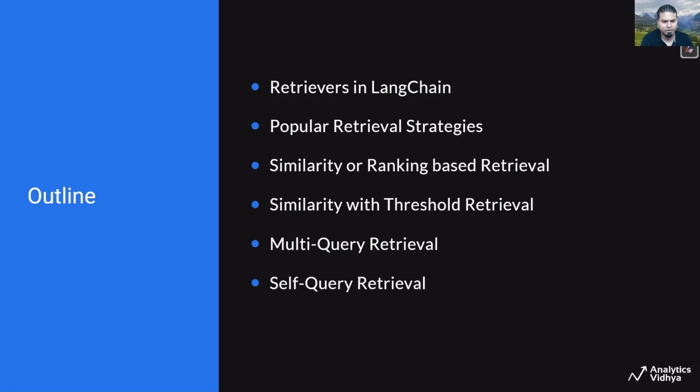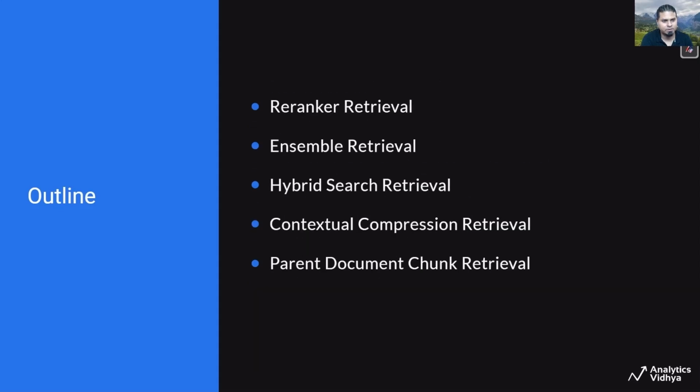threshold retrieval, look at multi-query retrieval, what is self-query retrieval. Then we'll look into re-ranker retrieval, ensemble retrieval, which basically combines different retrieval strategies, talk a bit about hybrid search retrieval, contextual compression retrieval, and parent document chunk retrieval. So basically, these are different kinds of retrieval strategies which can be used on top of a vector database to